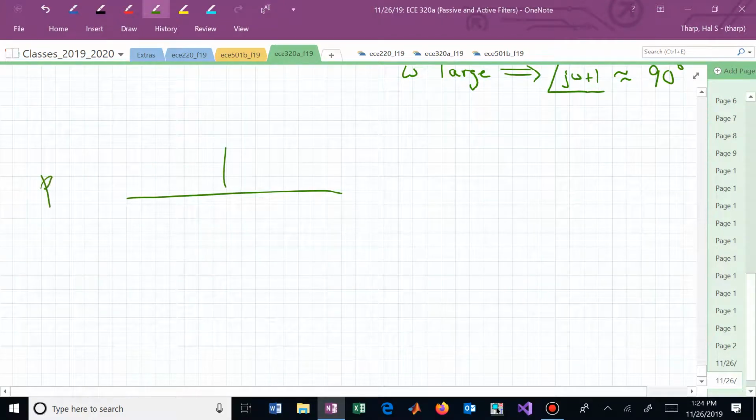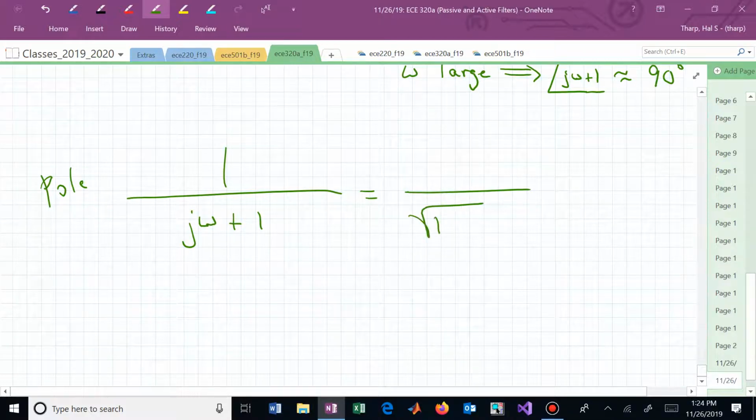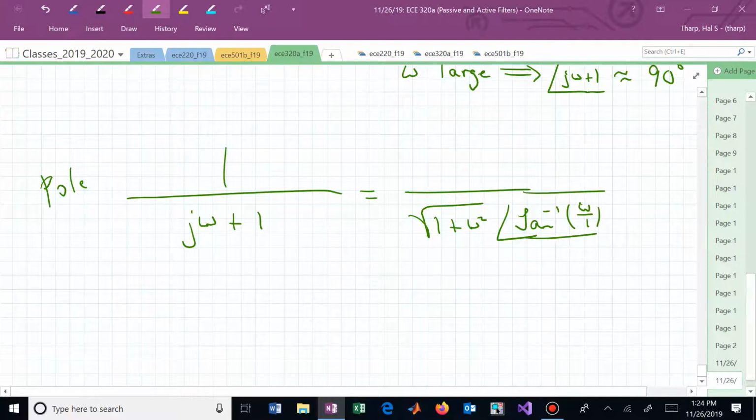Here, let's say we now have a pole factor. You can now think of this as, oh, I have some magnitude at some angle, and your angle now is the inverse tangent of omega over 1,